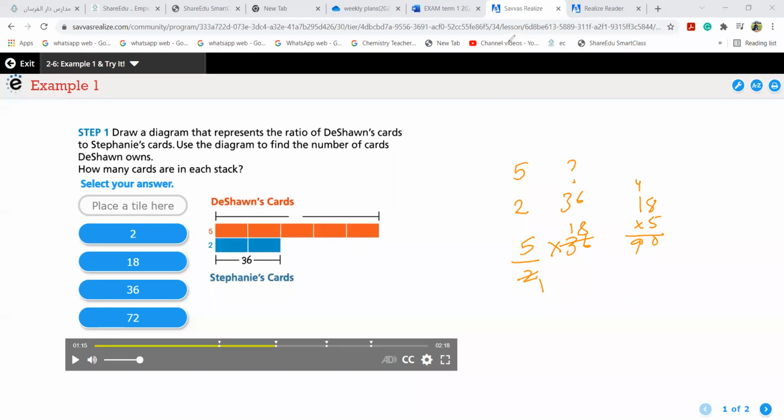No, it's not this way. Okay, what is the question? How many cards are in each stack? Use the diagram to find the number of cards. In each stack, we have